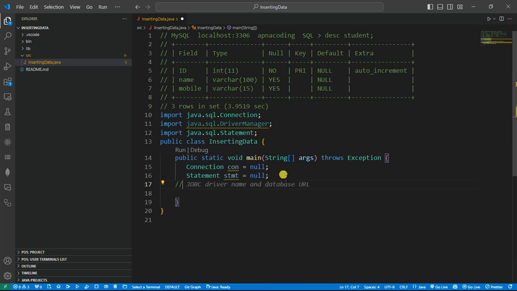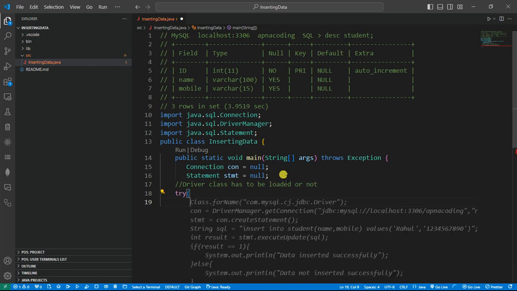Let's check if the driver has loaded or not. So, writing here, the driver class has to be loaded or not, right? So I'm writing here the try block, okay, and inside this try block I'm writing the